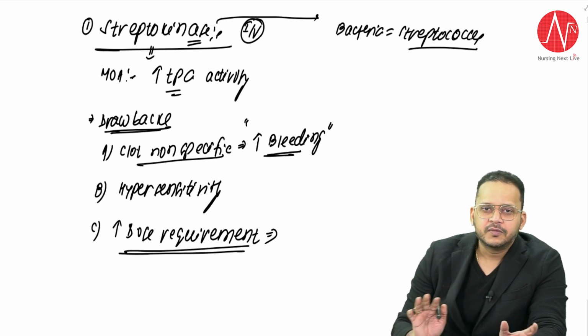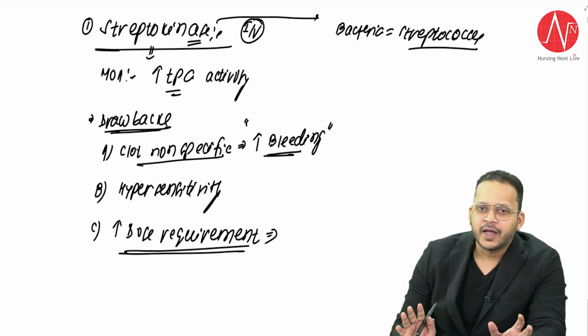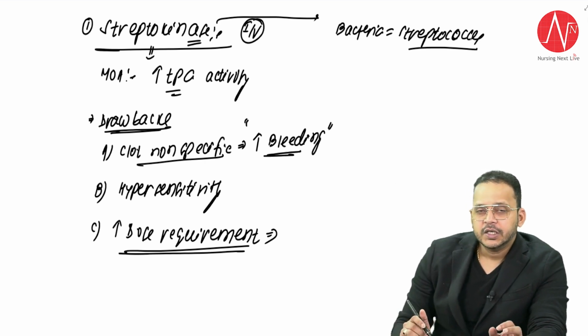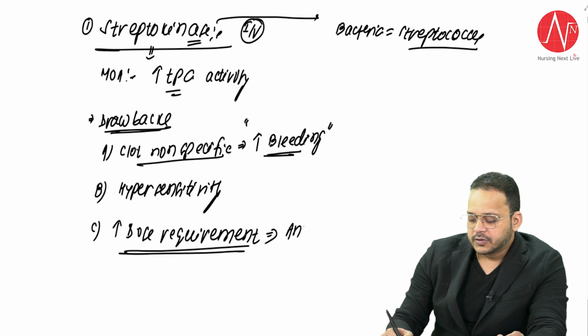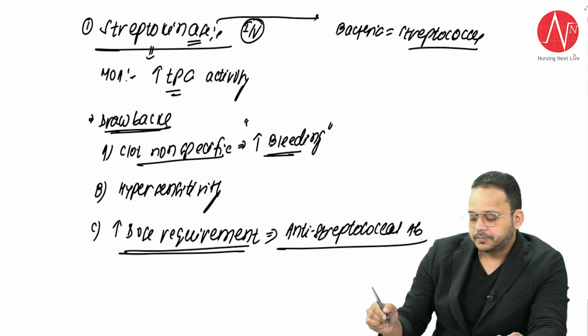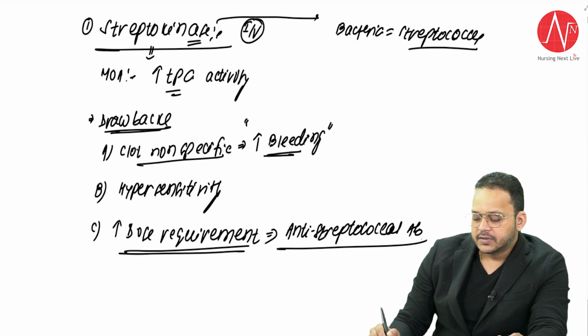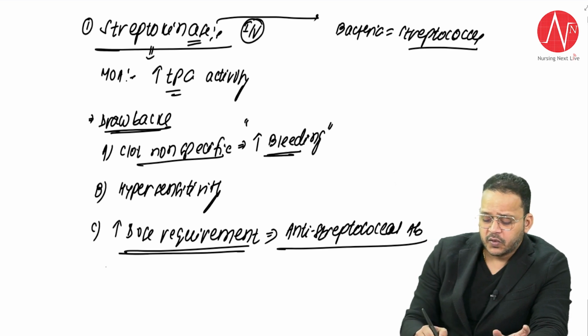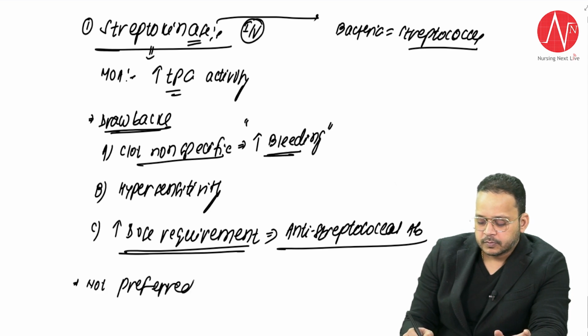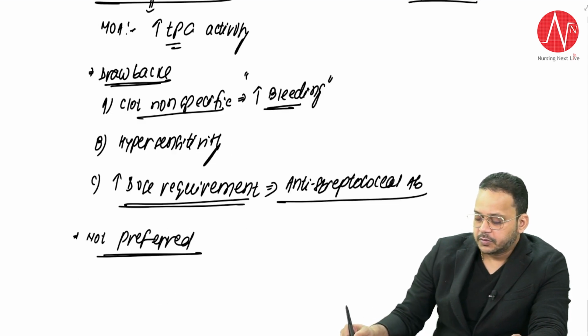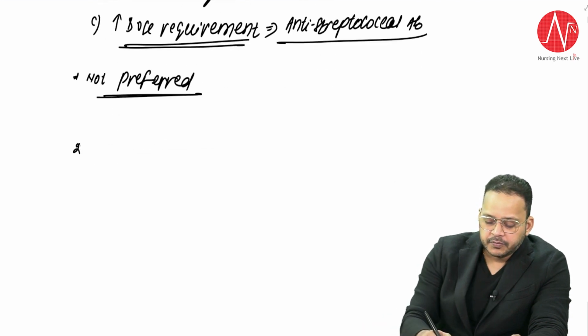And imagine, all of us at any given point of our lifetime have been infected with a streptococcal infection. So, high dose requirement. The reason is anti-streptococcal antibodies, which are present in all of us. They will neutralize it. So that is the reason why this drug is not preferred nowadays. This drug, streptokinase, is not preferred, right? Now the preferred drugs are called